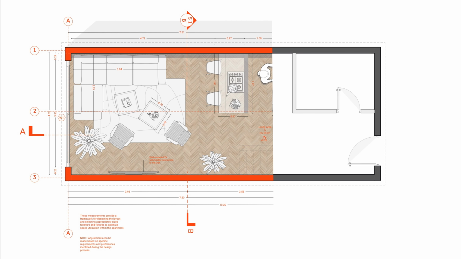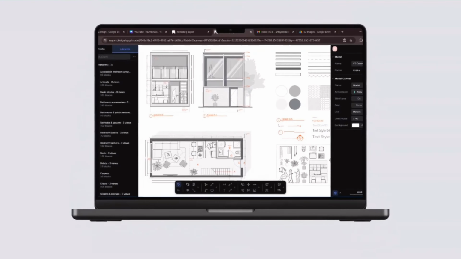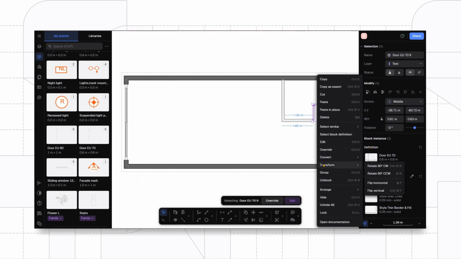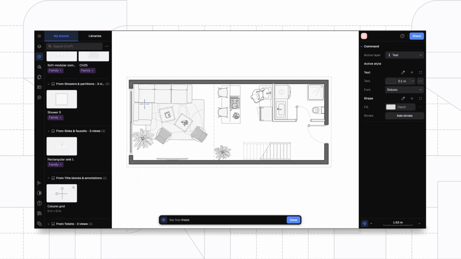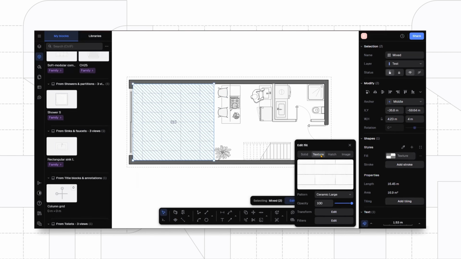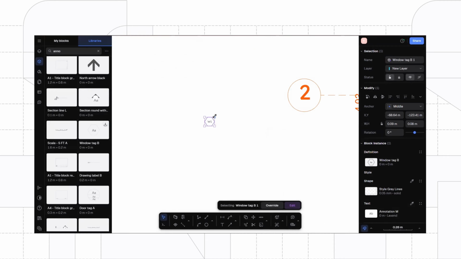Today I have got something exciting for architecture and interior design students. Meet Rayon Design, a powerful online tool designed for architects and designers. It runs right in your web browser and blends the best of CAD and BIM, making it super easy to create precise drawings. And the best part, students can get free access by just signing up with their academic email. I have added the Rayon Design sign up link in the description.